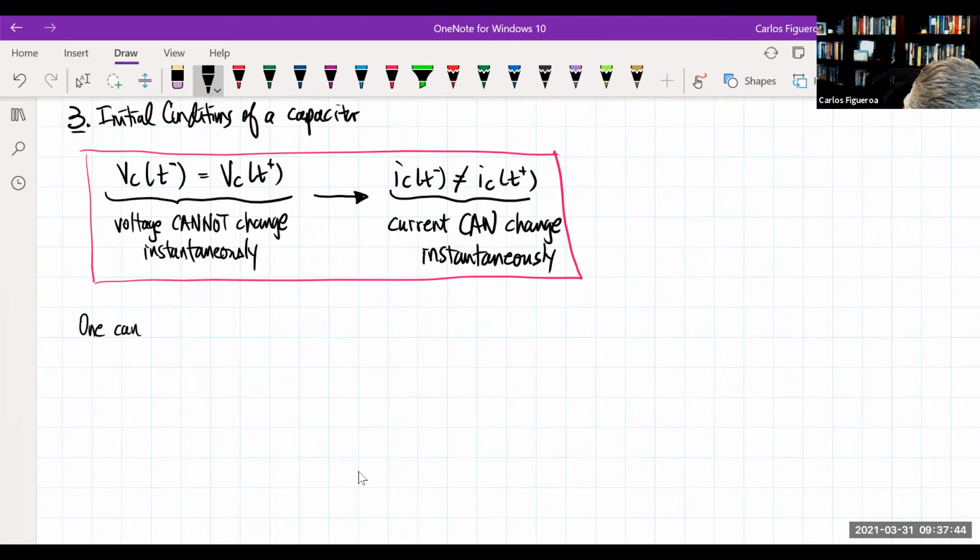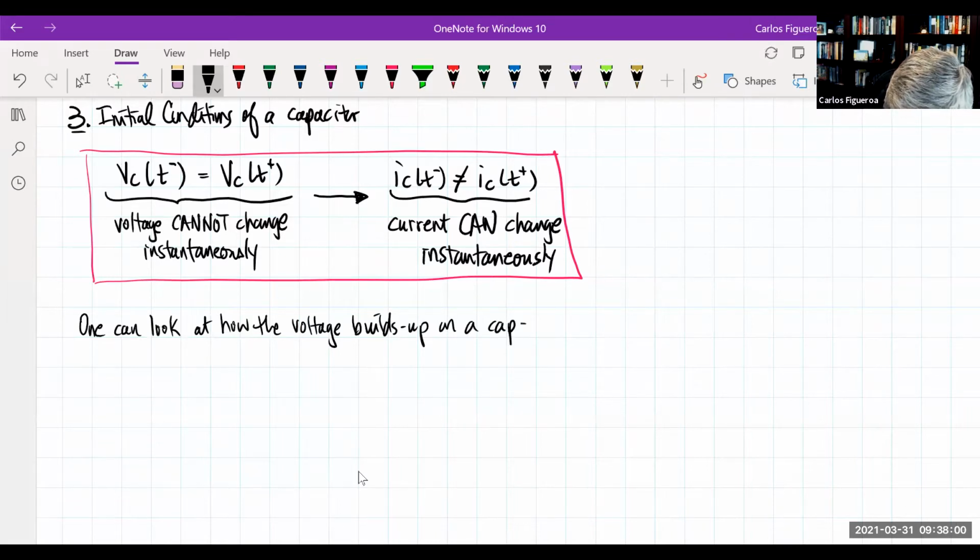one can look at how the voltage builds up on a capacitor using the capacitor equation. And what I mean by that, if you look at this,